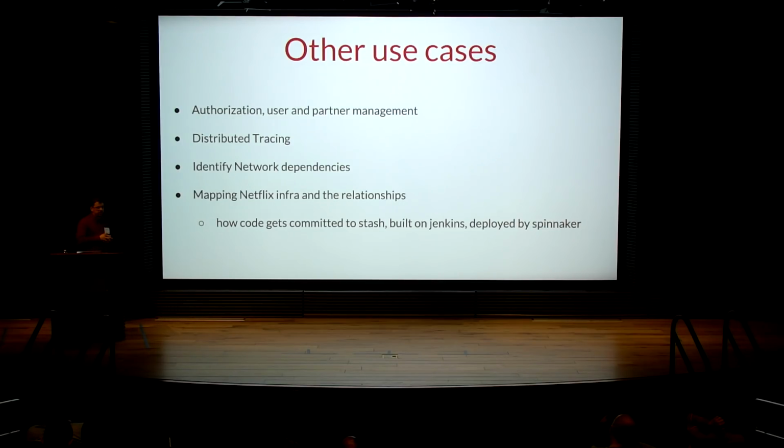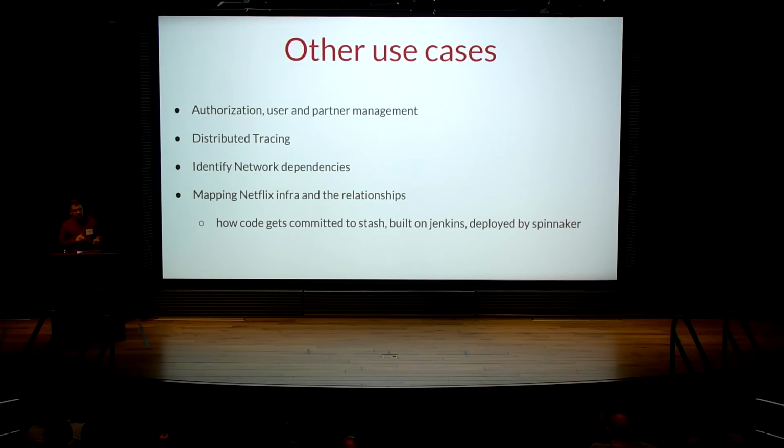Third is network dependencies. When an incident happens and we have to fail over from one region to another region, we always want to go deep and find out why this incident actually happened and which service is responsible for that. So if you think about all these services being related to each other, we want to have a graph framework to query and say, oh, which service actually died and which services are dependent on this one. Therefore, what is the failure domain? And we can do that in a graph framework.